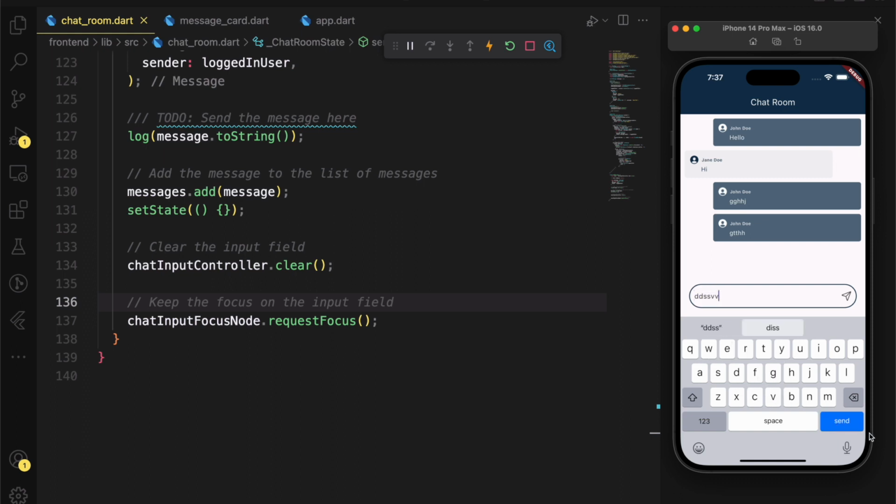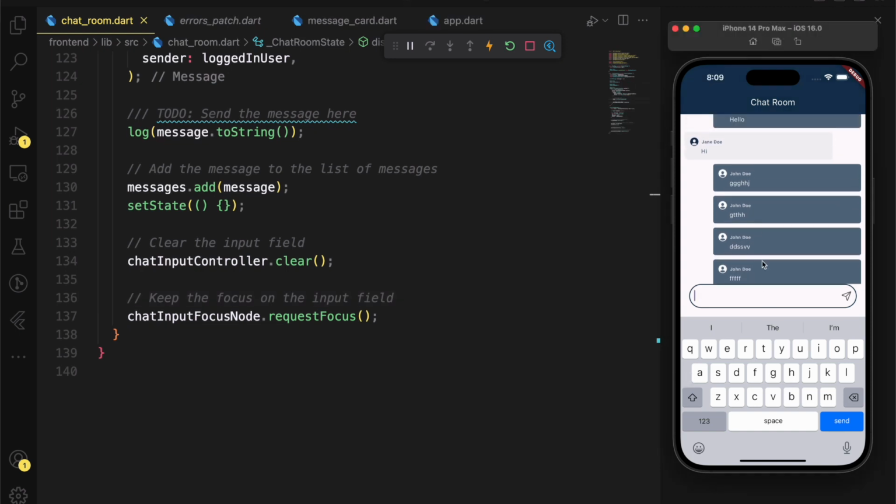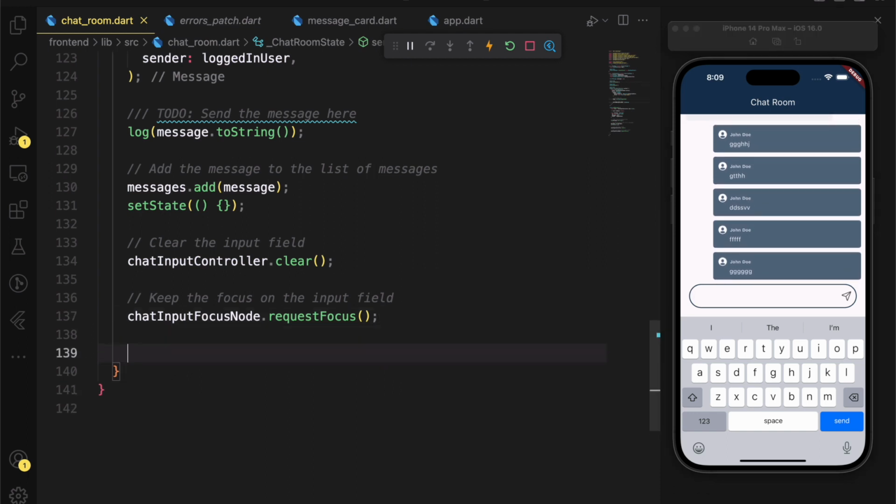Let's see, there's another problem you need to see. If I type in more messages, it goes way past the viewport. I think you get the idea, because now we have to manually scroll the screen to see the rest of the messages, which is not the behavior we want. So what we're going to do is add a new functionality to this. We want it to auto scroll to the last message. And this is how we're going to do it.